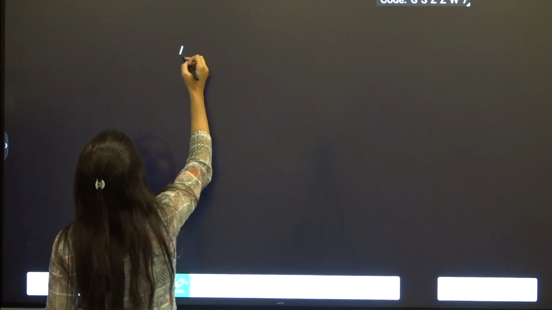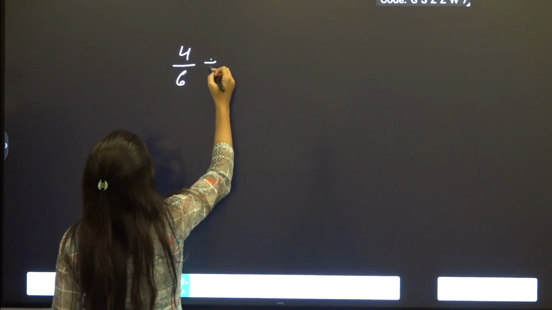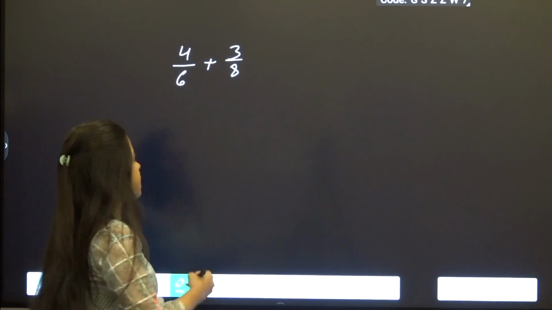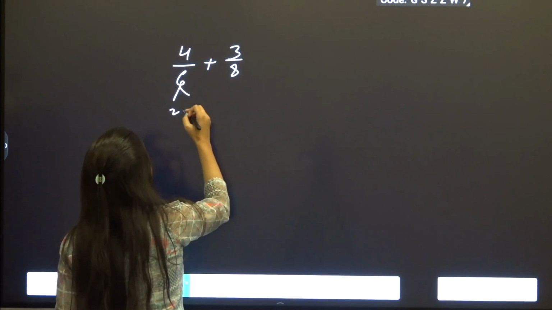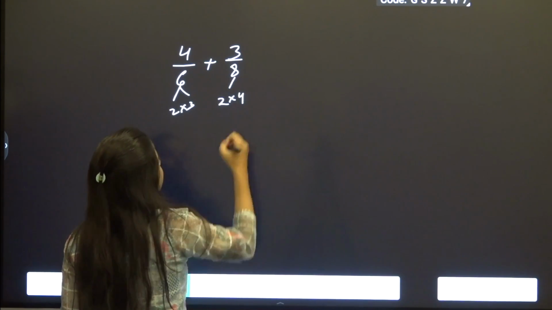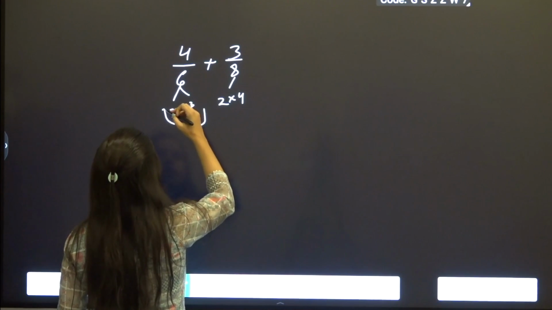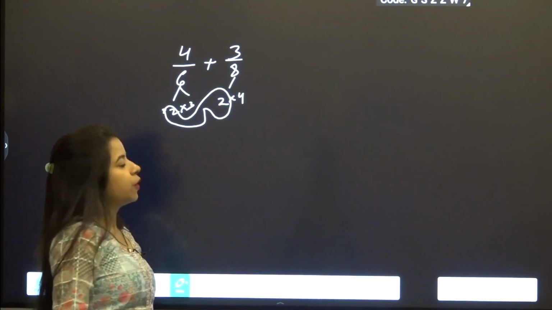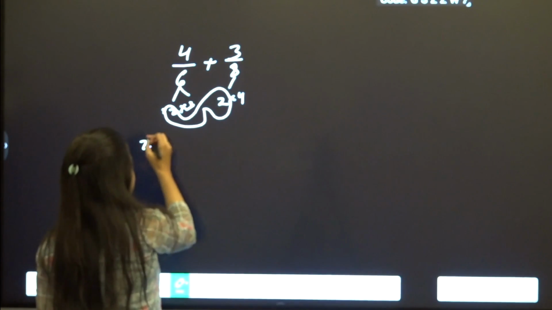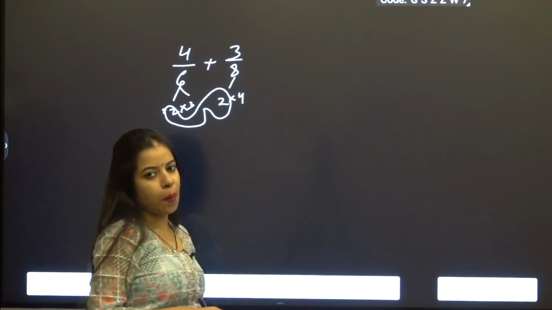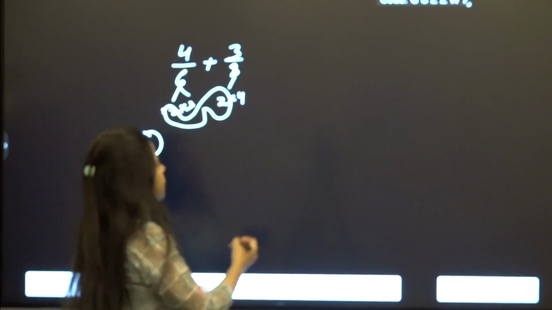First case, if they have a common divisor. For example, say 4 by 6 plus 3 by 8. Here, my dear friends, we can see that 6 is 2 into 3 and 8 is 2 into 4. So, what we are going to do is, the common factor here is 2. So, we are going to keep 2 aside and we are going to multiply the non-common part, which is